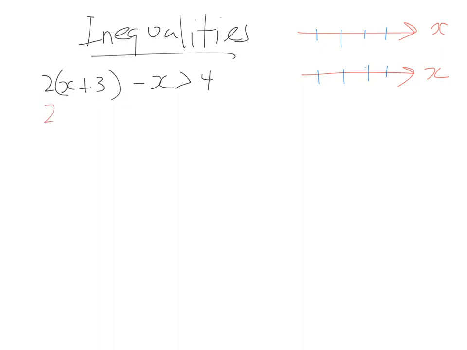So it's become 2x plus 6 minus x is greater than 4. We'll simplify this and say x plus 6 is greater than 4. So from there, x is greater than negative 2. And that's it. Now, the other thing you may be asked to do is draw this